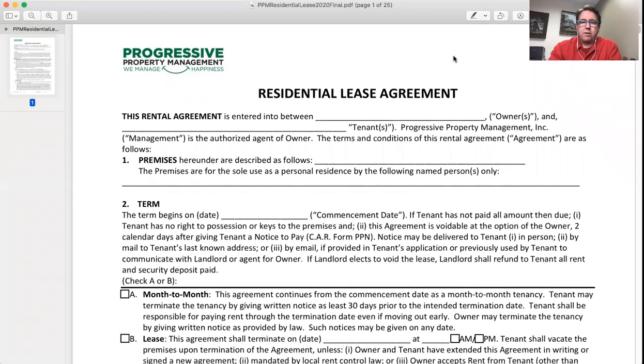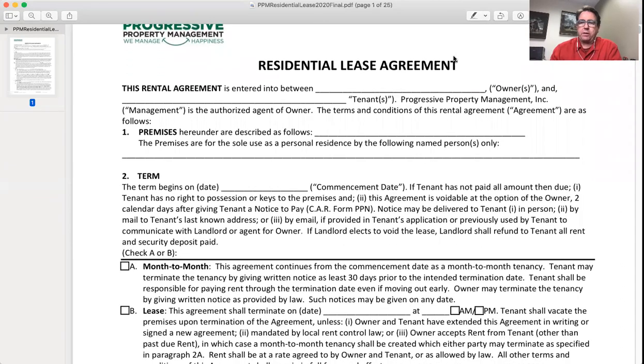So let's start off. First, it's between the owner of the property and you, the tenant. Of course, we can sign on behalf of the owner. We're an agent of the owner, and usually that's what's going to happen here. And anybody who's over 18 needs to be on the lease. They don't necessarily need to apply, but they should, and they need to be named on the lease. So all the adults in the property must be named in this lease agreement.